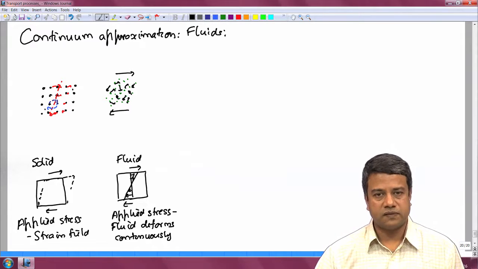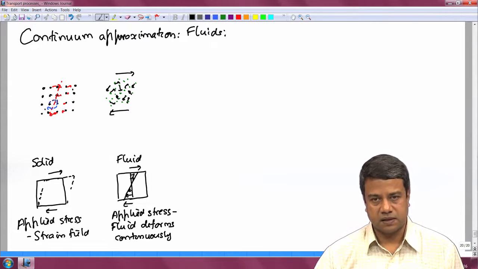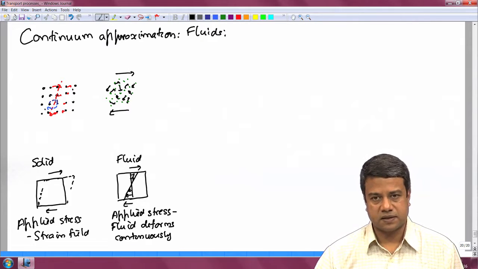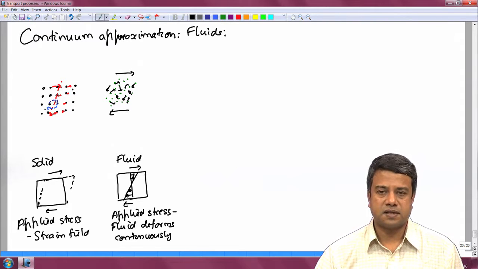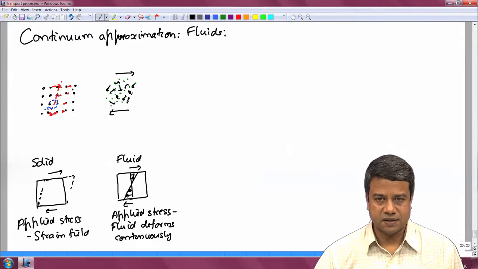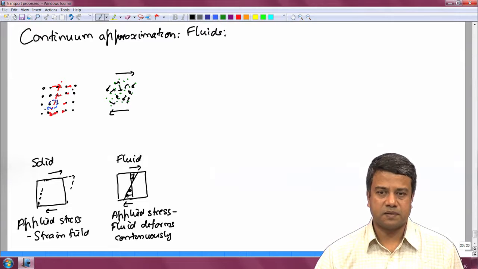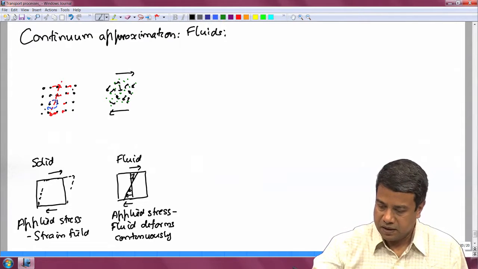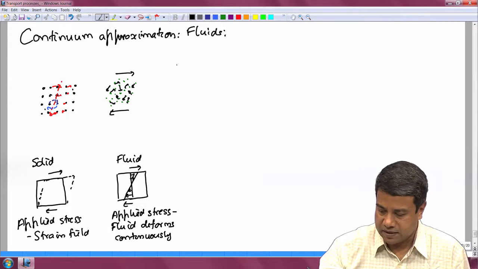We will deal exclusively with fluids in this entire course. Fluids, of course, are comprised of liquids and gases. The distinction between liquids and gases at the molecular level is clear, but at the continuum level, they are not distinct. At the molecular level, in a gas,